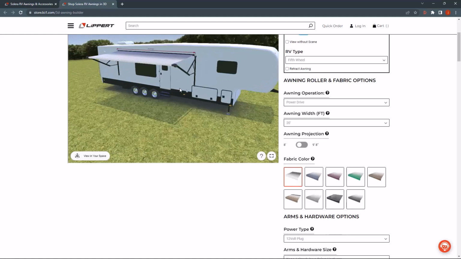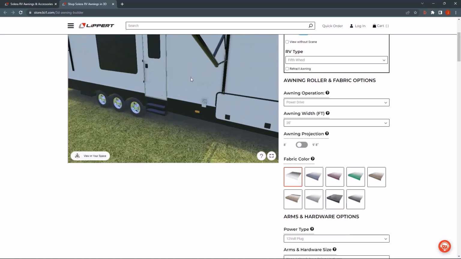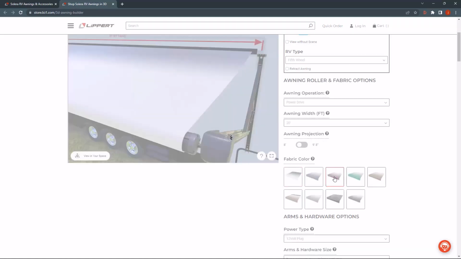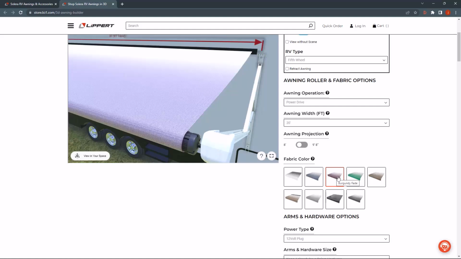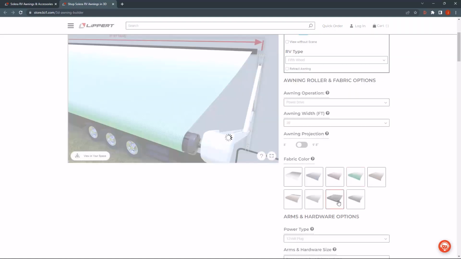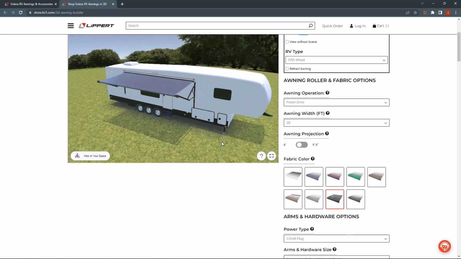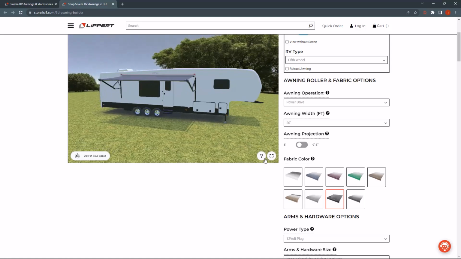So as I change the fabric color there, we'll go ahead and zoom in and see a little more detail related to the color, also the pattern. Switching those fabrics, we can see a little bit of how that changes, as well as the hardware and the awning supports have changed from black to white. As I choose this selection, it changes back to white, and as I recenter and zoom out to get a